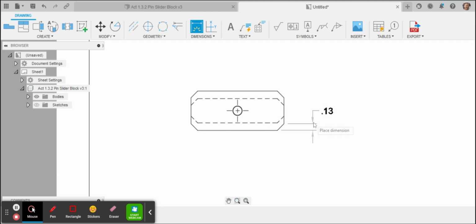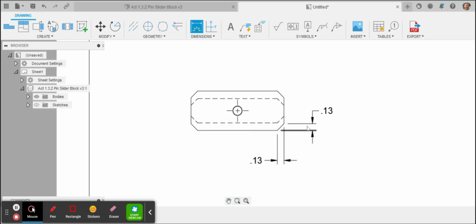Okay, now it's supposed to be 1.125, but ours is giving us 0.123. It's just got a different number of significant figures. That's not a problem. I'm not concerned about that. I'm going to do the other chamfer while I'm at it. I'm going to click the right edge, and I'm going to choose this point, and I'm going to move that